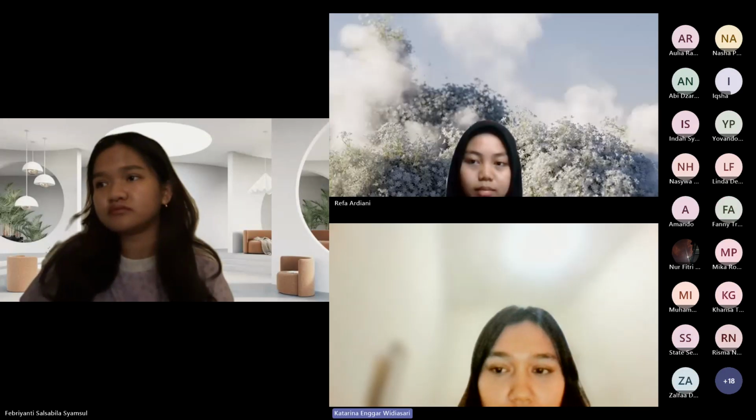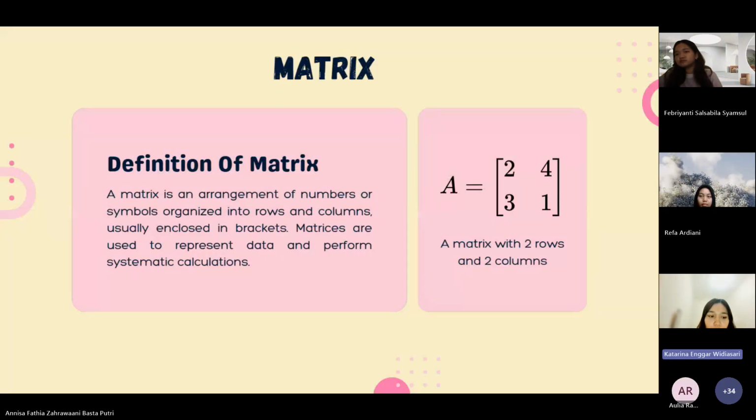So let's start with the definition of a matrix. A matrix is a rectangular arrangement of numbers, symbols, or expressions that is organized into rows and columns, like this explains. A matrix is usually written inside square brackets, like this. Now,